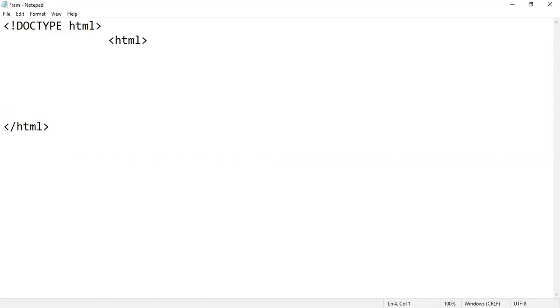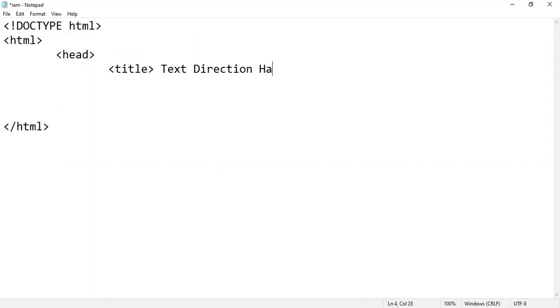Okay, let's start with the coding. Today we are going to learn how we can change the direction of the particular frame text, right? So firstly, we have to use some attributes. First, we type the head tag, and within this use the HTML title tag, and here type text direction